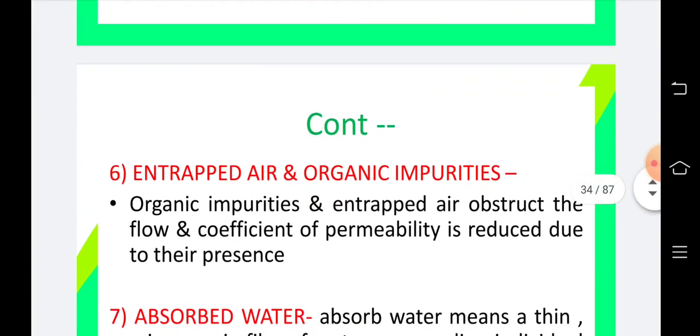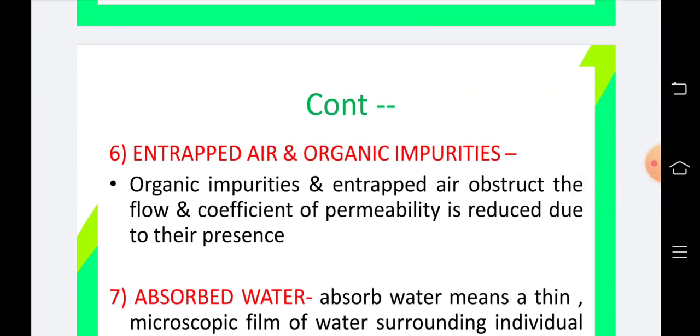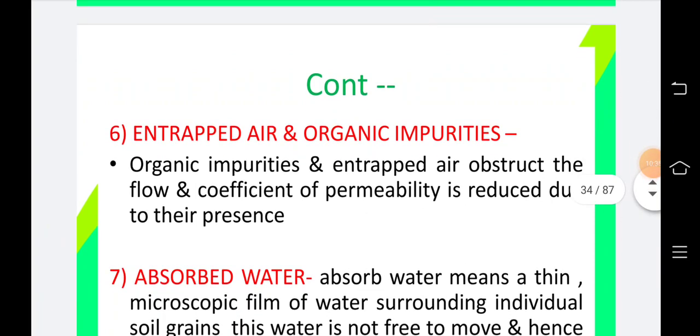Okay, so next one, that is the entrapped air and the organic impurities. Okay, so this entrapped air and organic impurities will obstruct the flow of water and hence the permeability goes on decreasing. ठीक है, so let us consider that. So ये आपका suppose there is